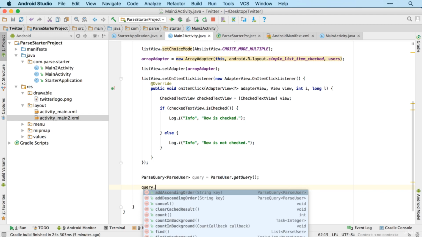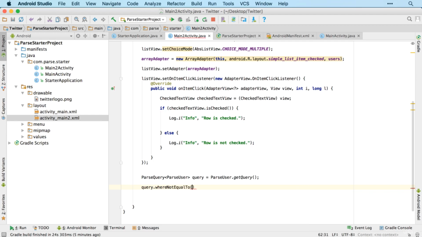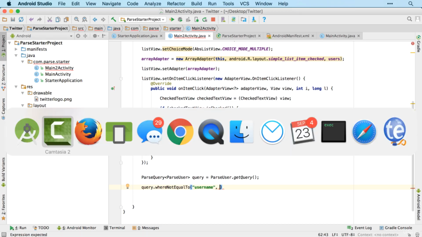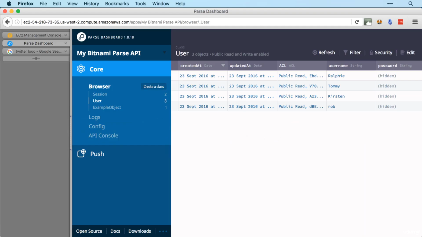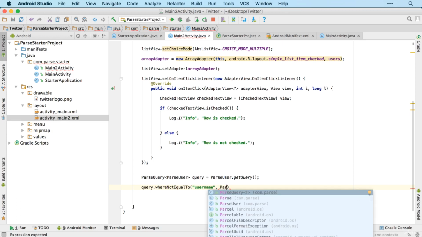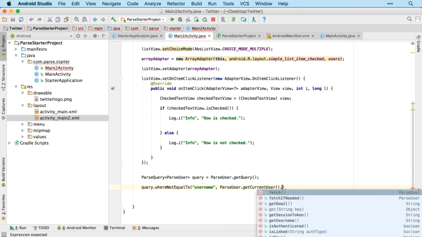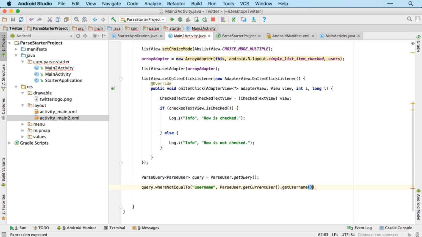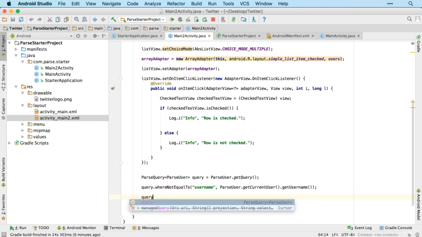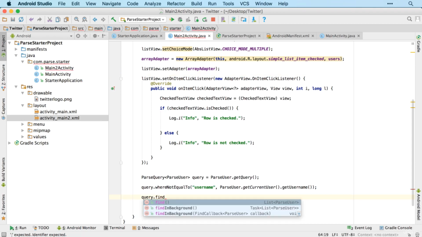So we'll add where not equal to, and we want the username. Just make sure, yep, there it is, the username. And we want that not equal to ParseUser.getCurrentUser.getUsername. And then we're going to run our query. So find in background